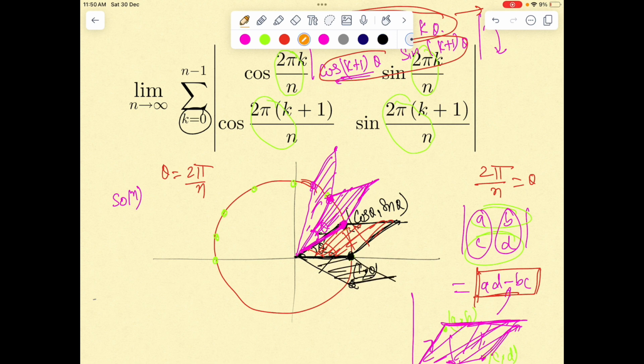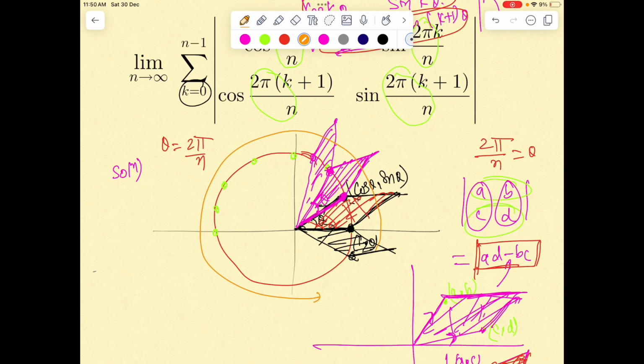So we'll have the parallelogram over this and this area. So we need to add the area of all these wings, right? We have to add the area of all these parallelograms. Now as n tends to infinity, we can clearly see that the parallelogram slice will